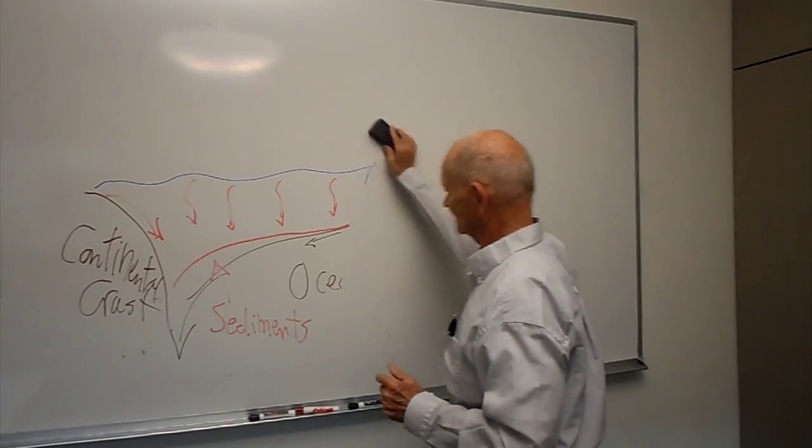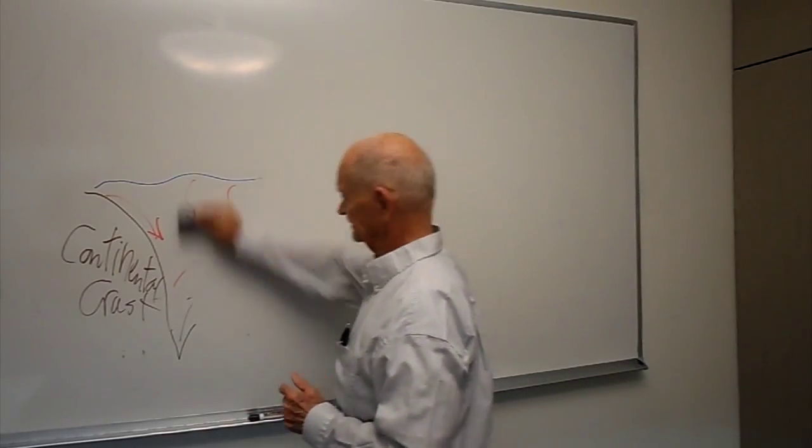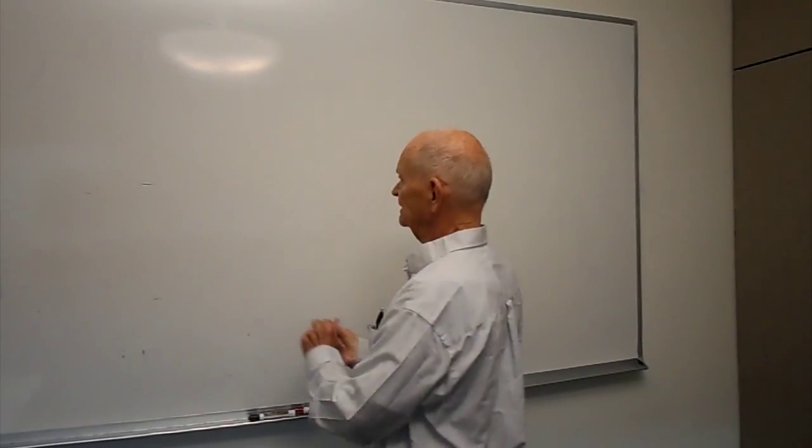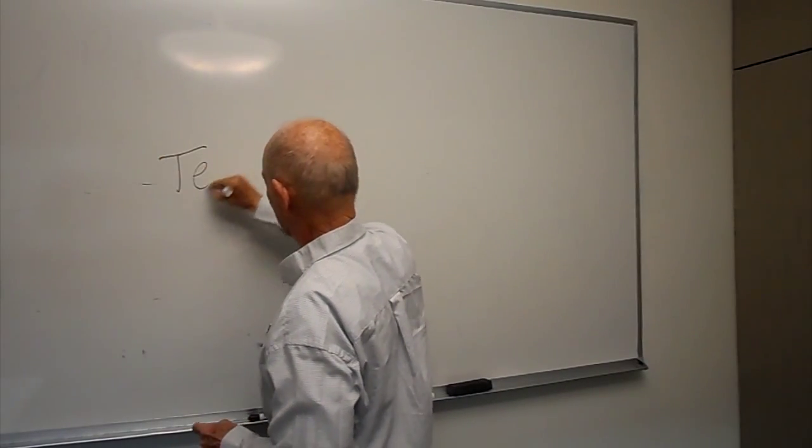Well, we usually divide sediments up into 4 major categories. 2 of them make up a large proportion of the total amount of sediment. And these are what we call terrigenous,